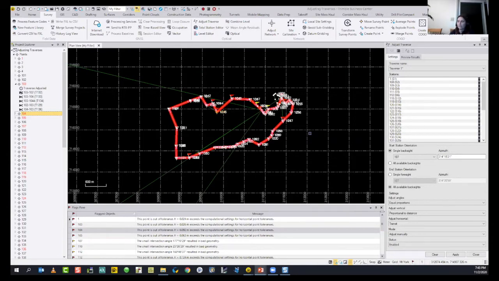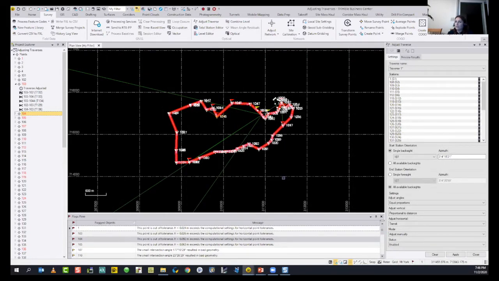There might be some instrument errors such as EDM or circle errors or your level vial or collimation errors. You may point somewhere different, so there might be pointing errors or there might be refraction or curvature errors. So we try to eliminate those errors by applying adjusting traverse. This is why we change all our settings in here.